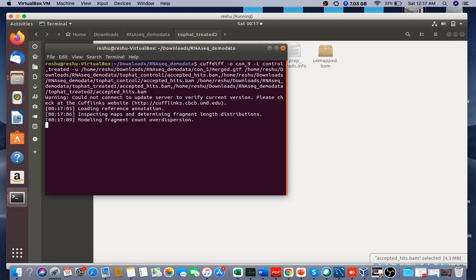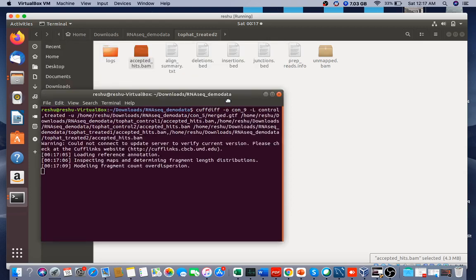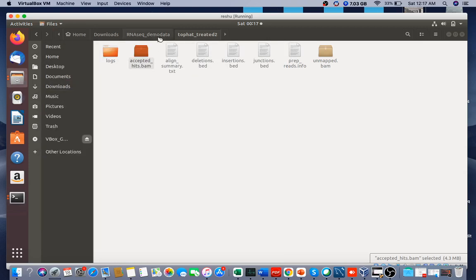So now the output will contain the Excel file that will have lots of genes which will show up regulation or down regulation in your treated samples in comparison to the control samples. So I can show you what exactly you are going to get after you run this.